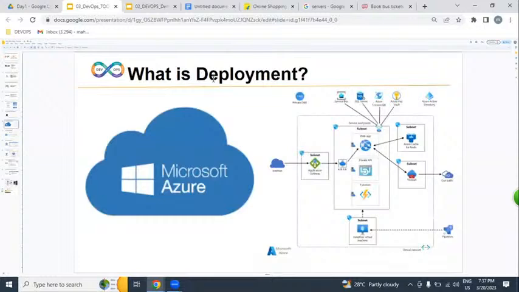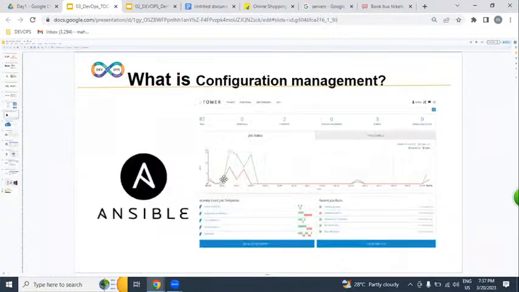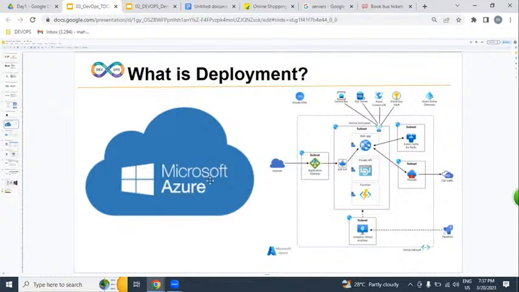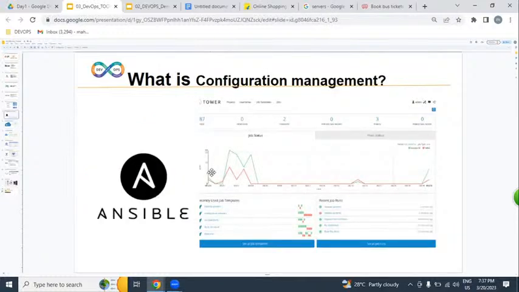But these hundreds of servers, from where can we get them? Either physically, or virtually, or else cloud. Which cloud are we going to be learning? Azure cloud. From Azure, we can get hundreds of servers. On top of hundreds of servers, we can create an automated process with the help of Ansible. I'll repeat this point. We are going to be getting hundreds of servers from where? Azure cloud. On hundreds of servers, we can automate with the help of Ansible. Ansible is a configuration management tool.